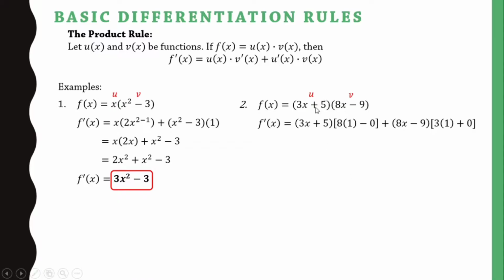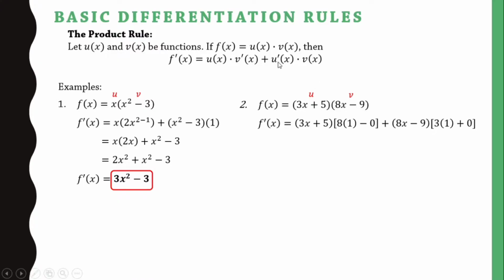So, first, u of x, so we simply copy u, that's 3x plus 5. Then v prime means that we get the derivative of v, which is 8x minus 9. So, derivative of this 8x is 8 times derivative of x, which is 1, minus derivative of 9 is 0,